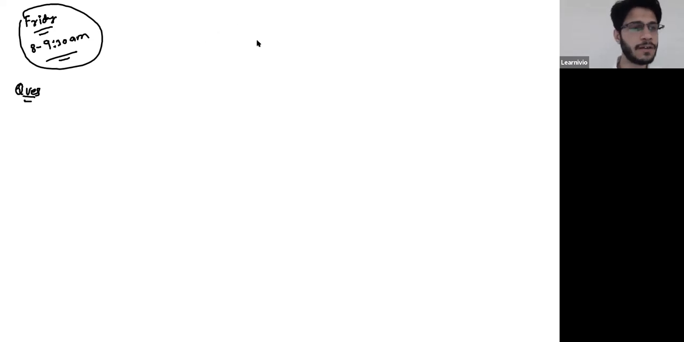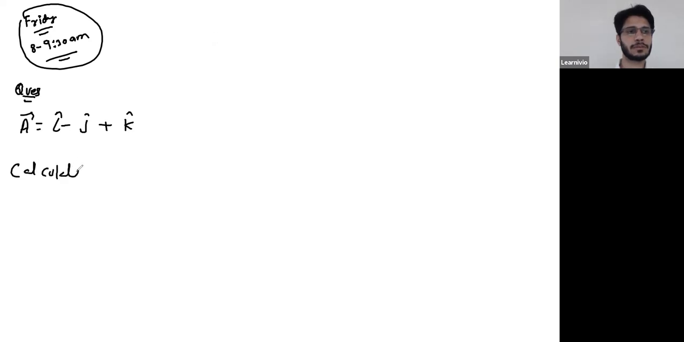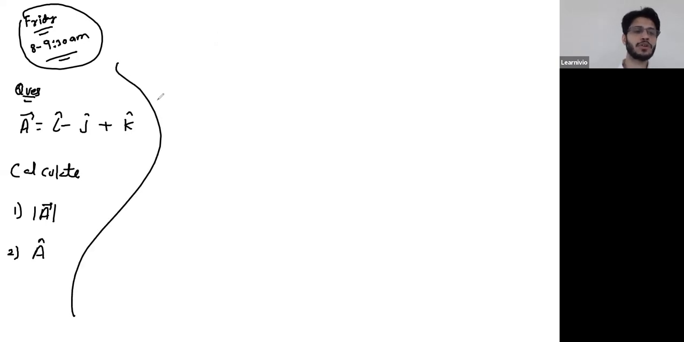But still we have half an hour left. We can complete at least Cartesian form. So let's start with the question. Say you have a vector I cap minus j cap plus 2k cap. Calculate, first part, the magnitude of the vector. In the second part, you're supposed to calculate the unit vector of the vector. See, to calculate magnitude,